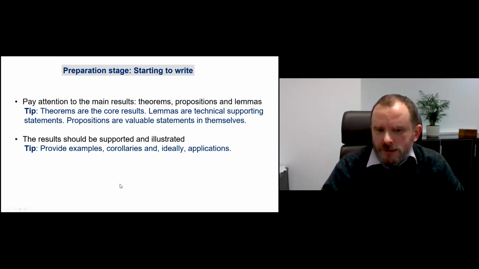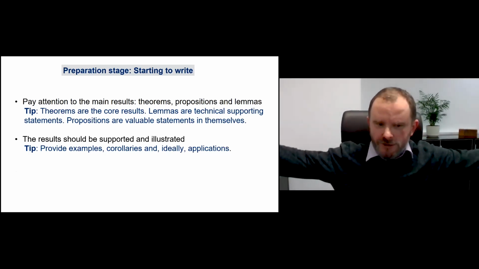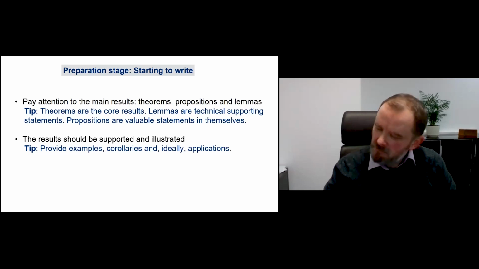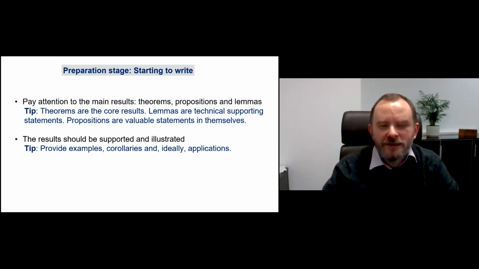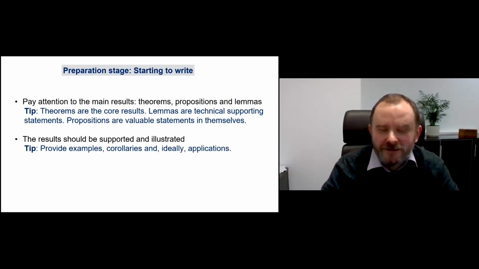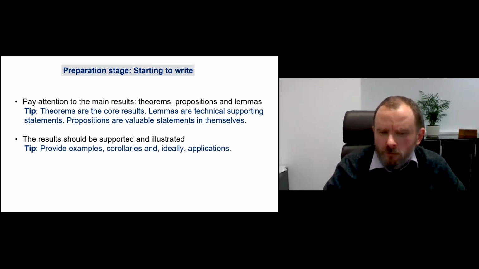Examples, what do I mean by this? Say we prove something difficult about a higher dimensional situation. What can we draw? We can draw the two-dimensional case. Sometimes we can draw the three-dimensional case. Some very experienced authors can even draw something in dimension 4, but it requires some talent. Please do it, because it really helps the reader to understand the proof better.